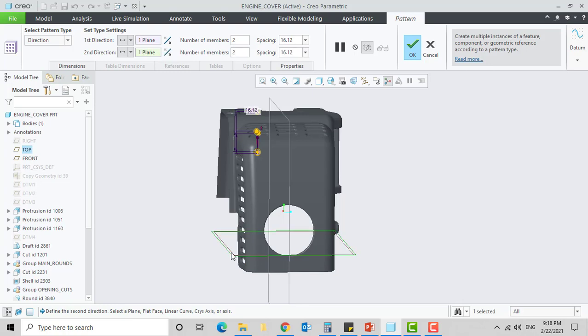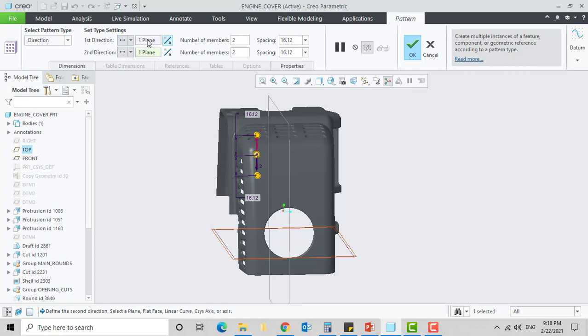Now go and select the first direction and pick the front datum plane as seen. Go to the second direction and select the top datum plane.